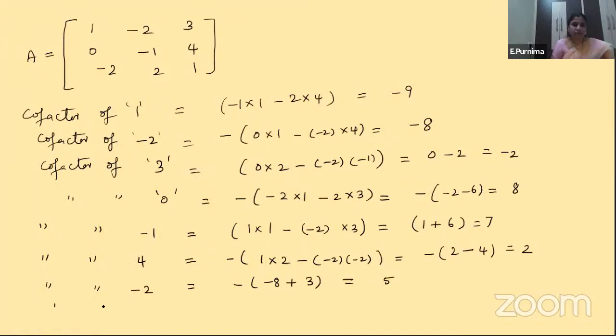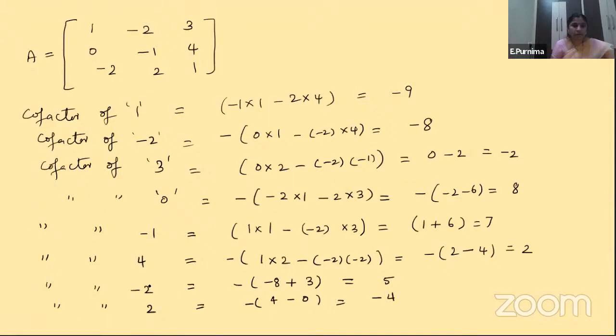Next, cofactor of 2. For the cofactor of 2, we are eliminating the third row, second column. 1, 3, 0, minus 4 is left. Okay. 1 into 4 is 4. 0 into 3 is 0, which equals minus 4. Sorry, it is plus 4. One second, children. What is the row here? It is the third row, second column. 3 plus 2 is 5. Okay. So it is also a minus sign. And here it is minus 4.